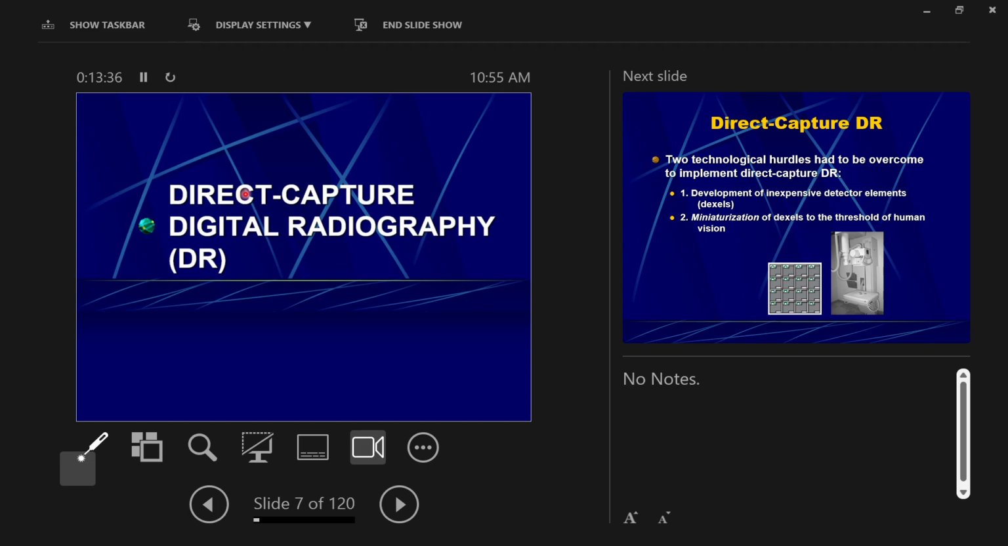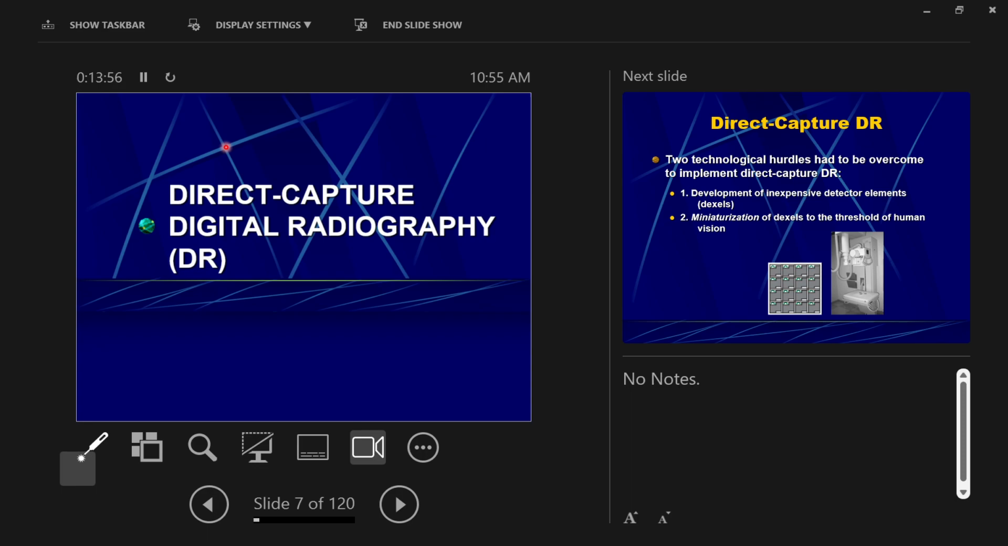We'll go ahead and start off with DR. I want to make sure we get through that today. Okay. So remember, DR, direct capture digital, or just direct radiography, uses a device that is connected directly to the